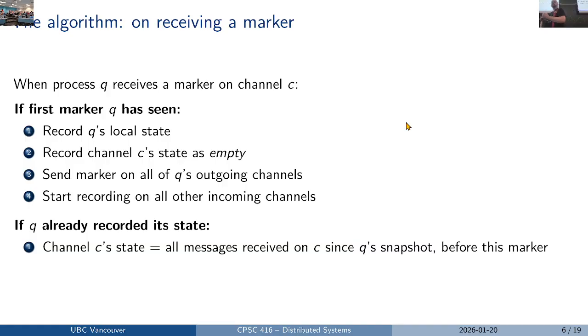So, when process Q receives a marker on a channel, if it's the first marker that Q has seen, it records its local state. It records channel C's state as empty. It basically says, I don't have anything that I haven't processed yet since the last marker. That's what the channel state is in this case. It sends a marker on all of its outgoing channels, the same marker. And then it starts recording all of the other incoming channels. If Q's already recorded something about its state, then what it's going to tell you is all of the messages that it has received since the snapshot